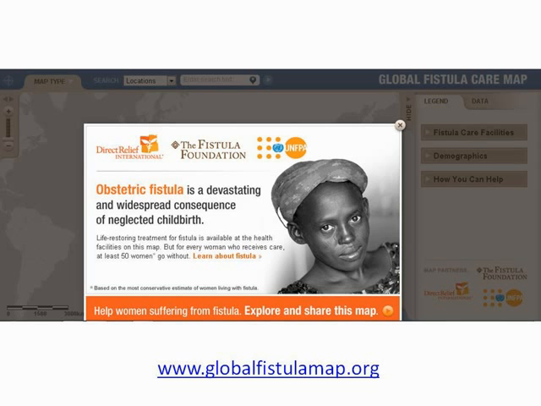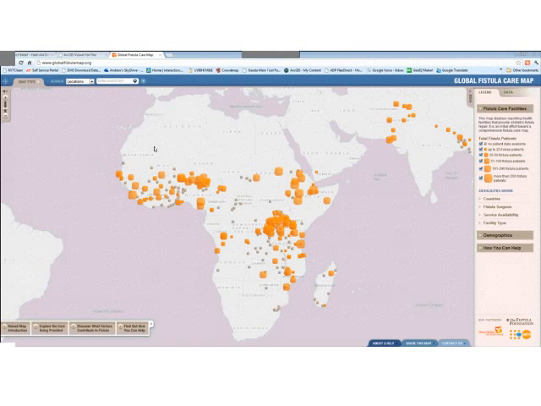So this, again, as I told you, was a JavaScript API application, being driven by web services. The base data was built off of a survey that we were able to execute with the assistance of UNFPA, where we sent a survey out to a combination of different kinds of providers.